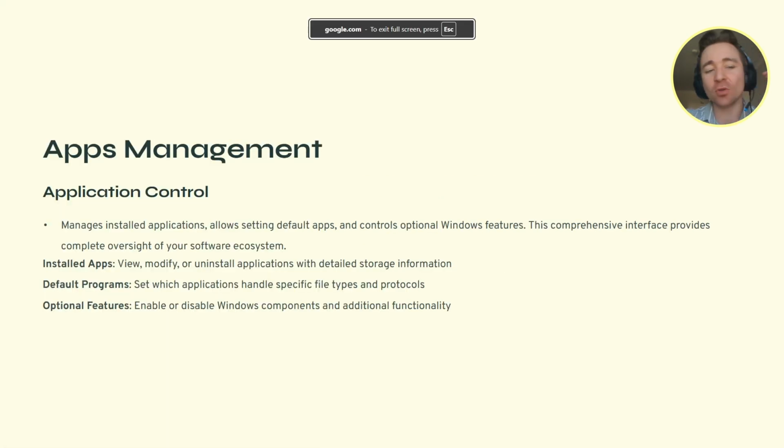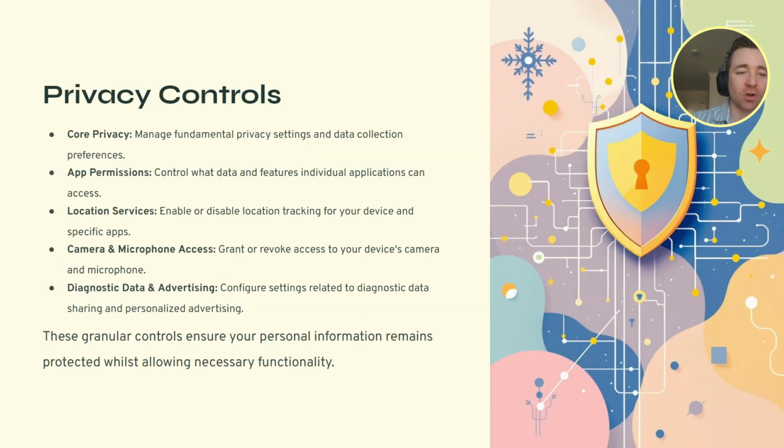Now, we also talked about how you can manage the specifics about your different applications and programs on your device, right? We've talked about that a little bit earlier. I'm not going to go into too much detail on that. Privacy controls, you can set specific permissions for different devices, your camera and microphone, what applications can actually use your camera or microphone, all right? You can set those permissions